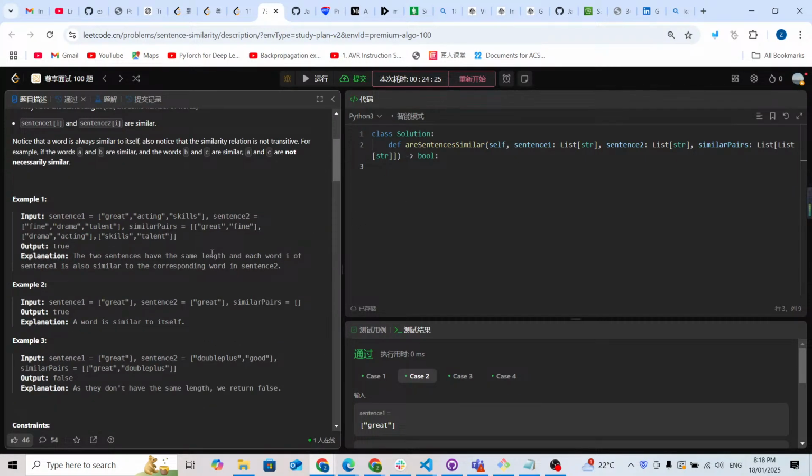So the idea is what kind of data structure we're gonna use. We're gonna use a hash set. Of course, you can use a hash table, it's the same idea, but I think a hash set is even simpler to solve the problem. So we're gonna use a hash set, starting as an empty set. Now we're gonna check the mappings. So for a, b inside the similar pairs, we're gonna add